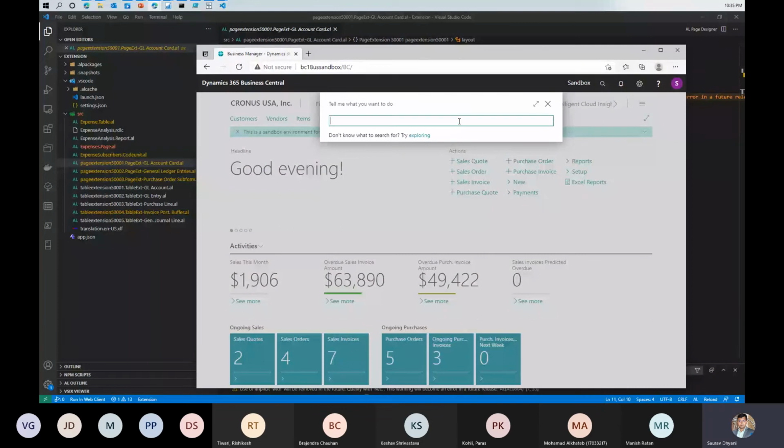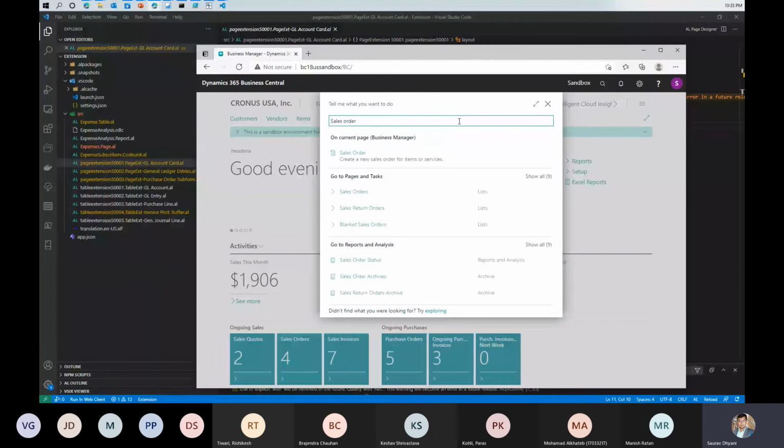So if I say sales orders, wherever I'll see it here as list, this is my users category. So that's where the users category becomes important, because it segregates that into different areas while you do Tell Me,